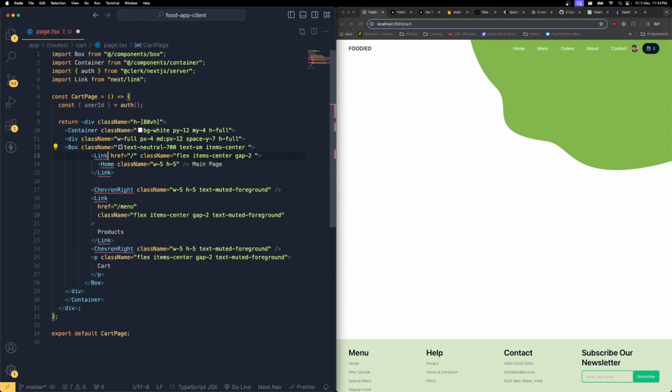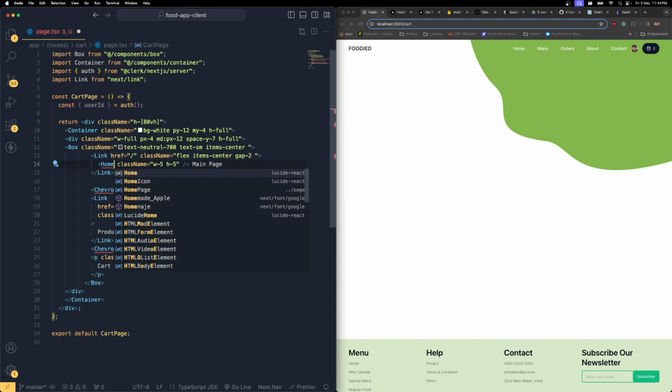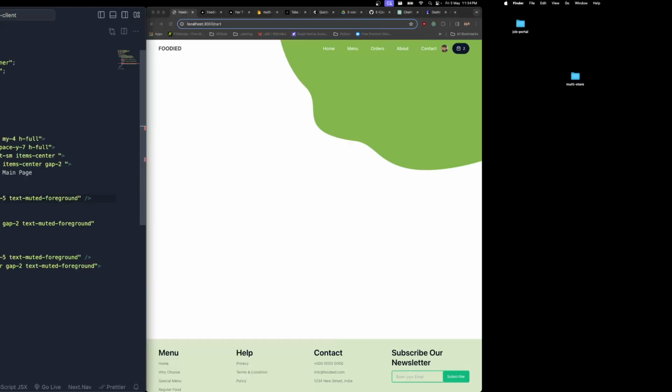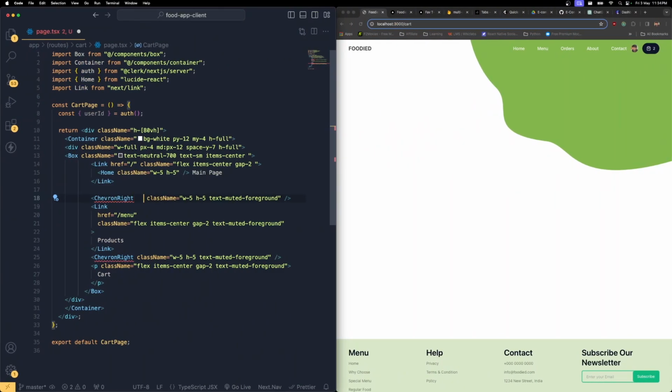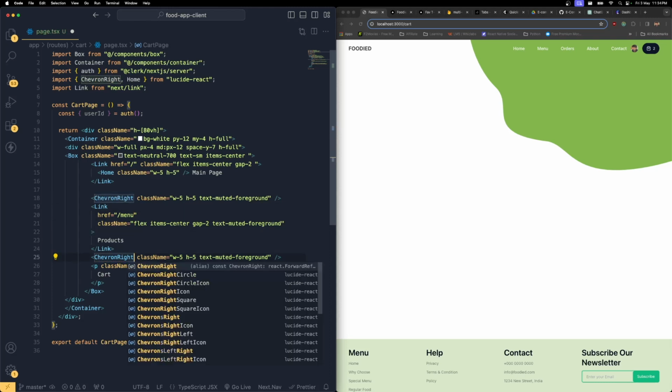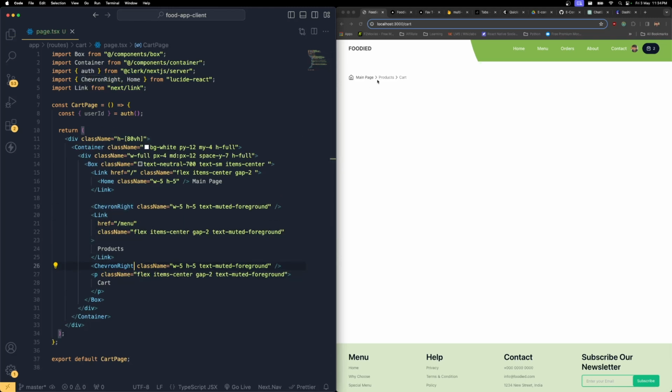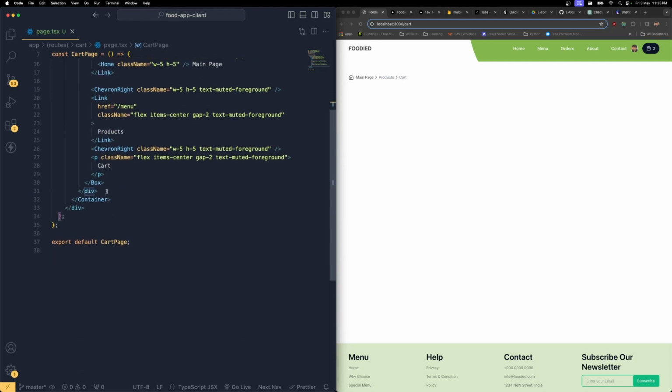Link, which is going to be next link, Lucide icons, and over here just like this. Now you should be able to see main page, products, cart. So you can simply copy it from your page content of your menu sections, and you can paste it over here. Okay, and right after this box, I'm just going to say cart